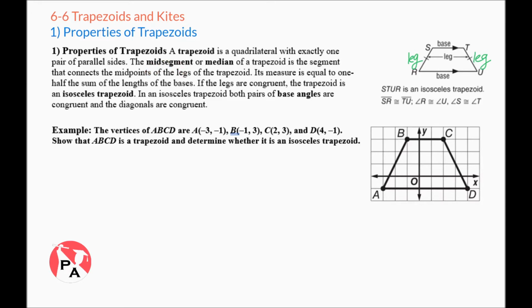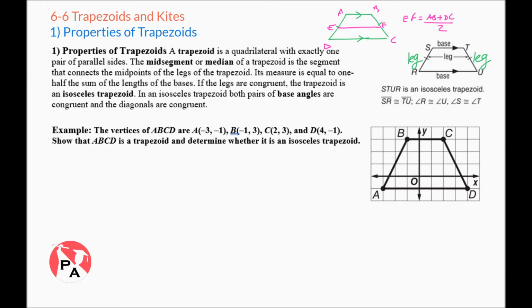The midsegment or median of a trapezoid is the segment that cuts the legs in half. Let me just explain it over here. Let's say we have an isosceles trapezoid over here. The legs are the same. The bases are parallel. If we have the midsegment right here, and I label the points E and F, and these are A, B, C, D, then the length of EF would be equal to AB plus DC